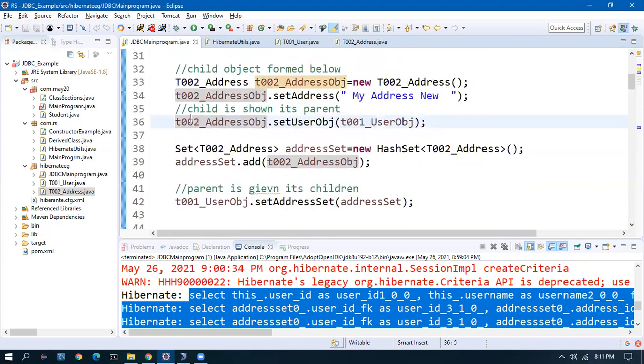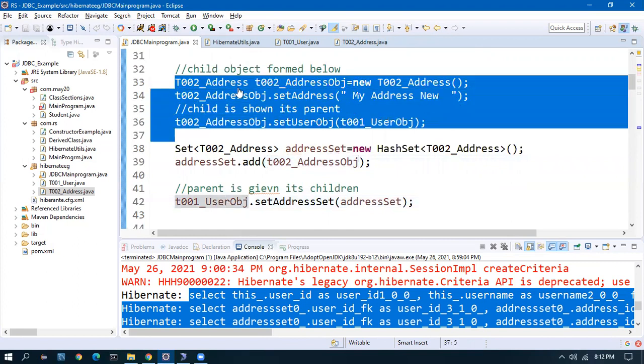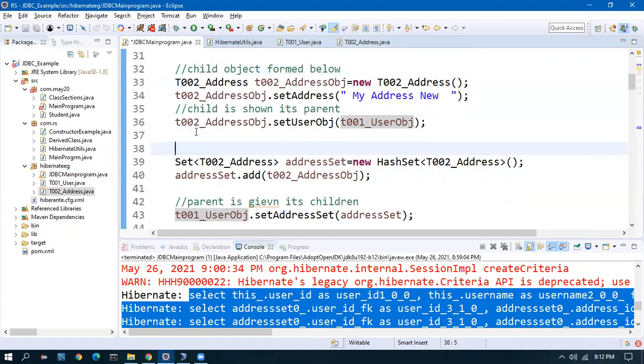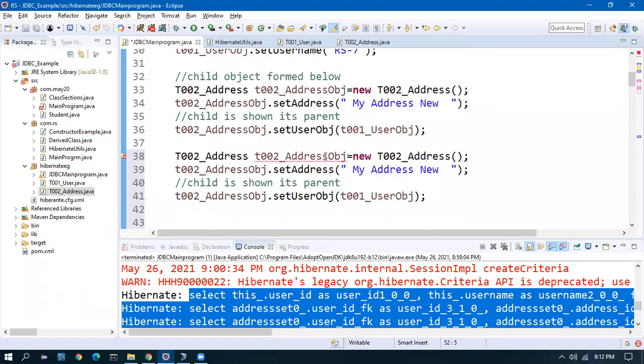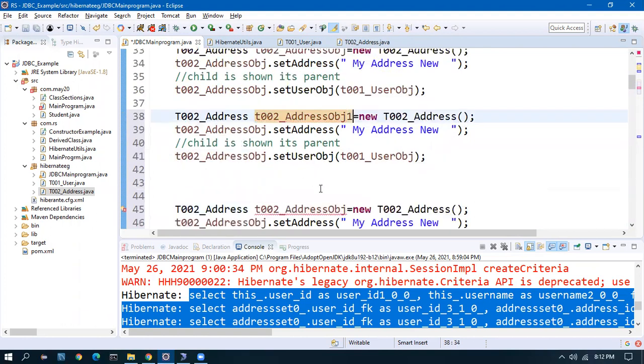And we add the address to the set, and then we set it inside the parent. Here we can have multiple addresses. This is the first address. I will add 2 more addresses. Address 1, I'll give address 2.